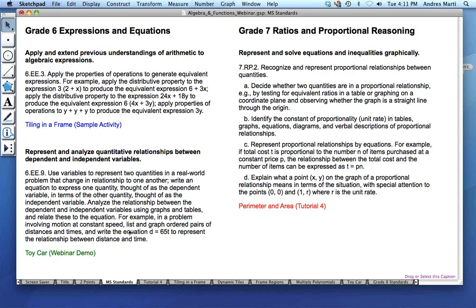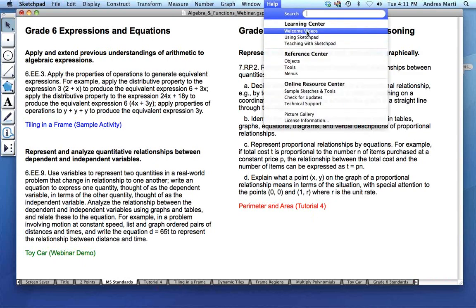And I'm going to look at the specific example they give at the end, distance is equal to rate times time. But I'm going to start with this idea of proportional relationships, deciding whether two quantities are proportional and identifying the constant of proportionality, and representing that by equations. And so I'm going to, again, work very quickly through this